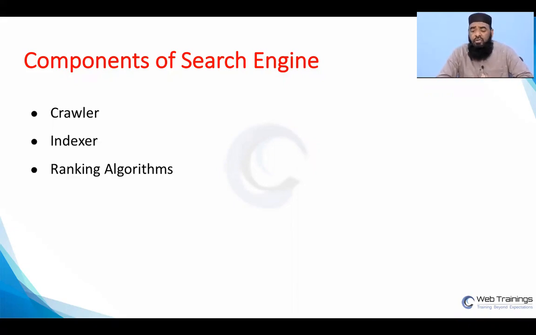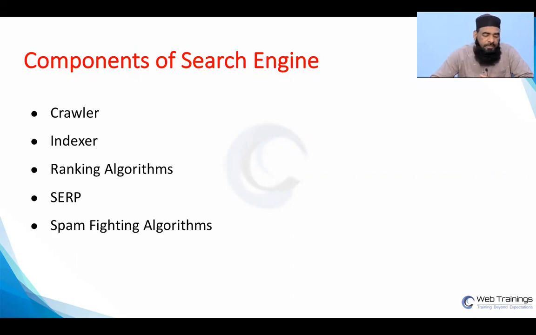And here there are a lot of advancements done by Google in the ranking algorithm department. We'll see those options as well. And then SERP, which stands for search engine result page. SERP, search engine result page. That's the fourth component. And the fifth component is spam fighting algorithms. When we have all of these components combined in a software,